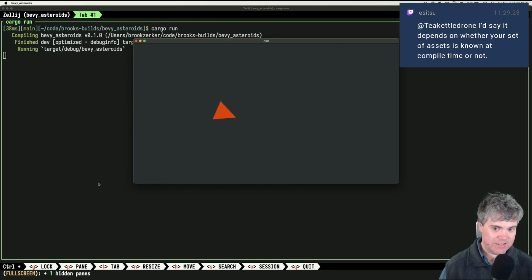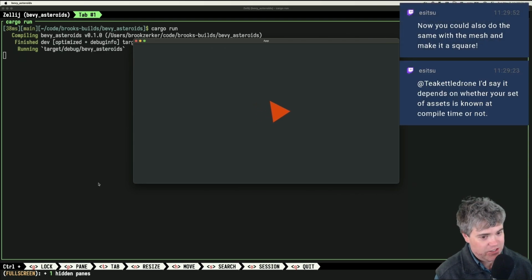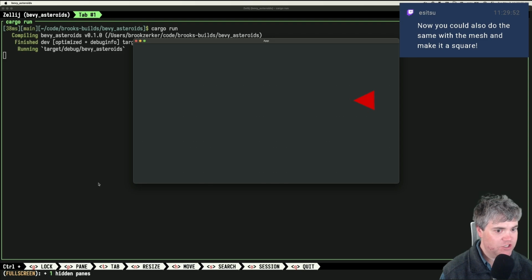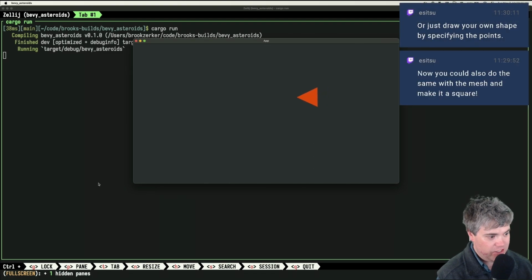Now, it'd be nice if I could throw in another mesh there, but I don't know what to do with that. Okay, so now you could also do the same with the mesh and make it a square. But that would not make the triangle, that would make the triangle turn from a triangle to a square, right?